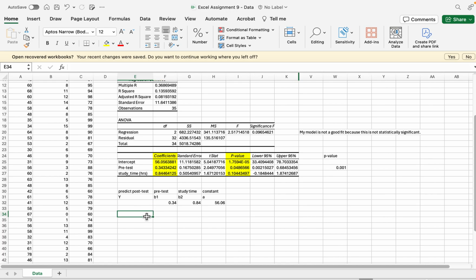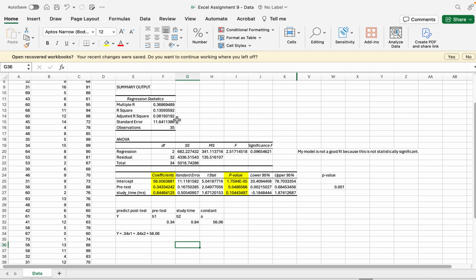You have y equals 0.34 x1 plus 0.84 x2 plus 56.06. And because this model is not statistically significant,